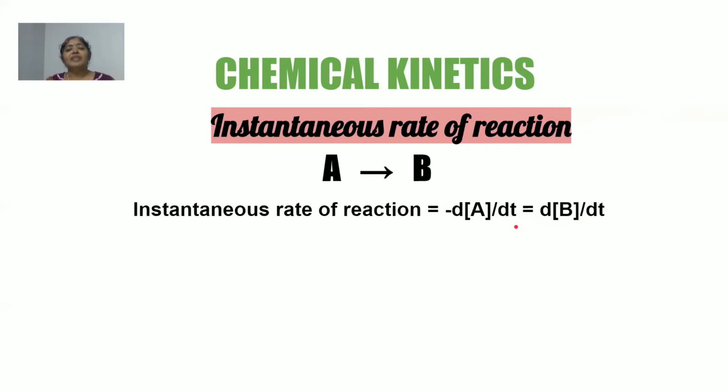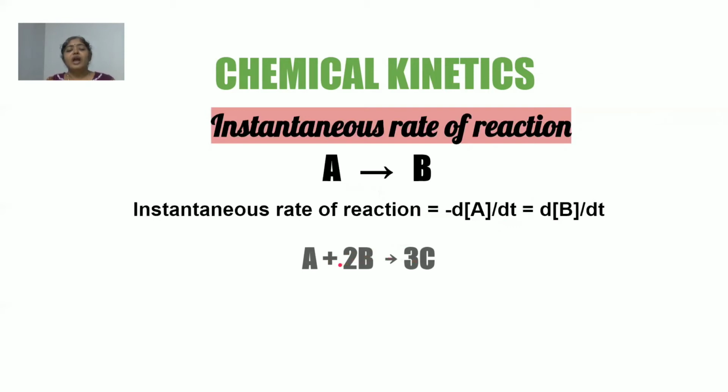So we have replaced that delta A upon delta t by dA upon dt, because this is a very small value, and that is going to give us the instantaneous rate of reaction. That means the rate of reaction at that particular instant or moment of time. So this is valid for a simple reaction like this, where A is just simply getting converted into B. Whether I take the rate in terms of A or in terms of B, it is going to be the same. But what if I have an equation like this, where I'm having A plus 2B forming 3C?